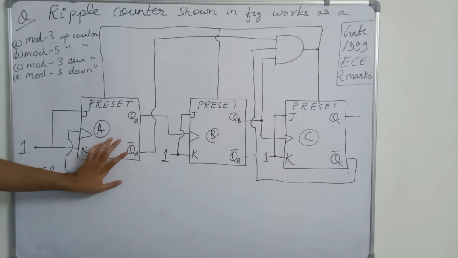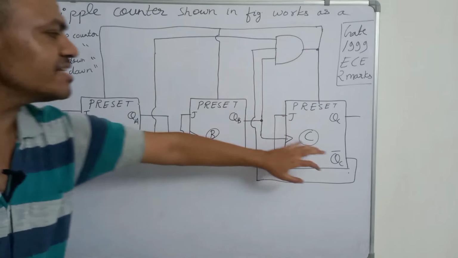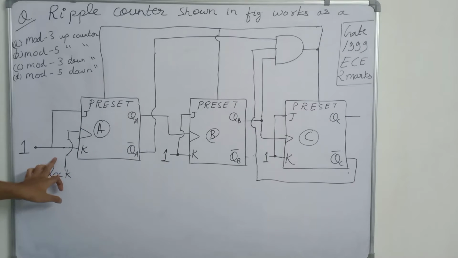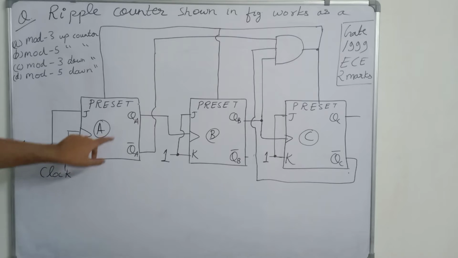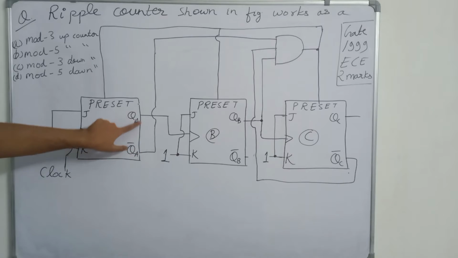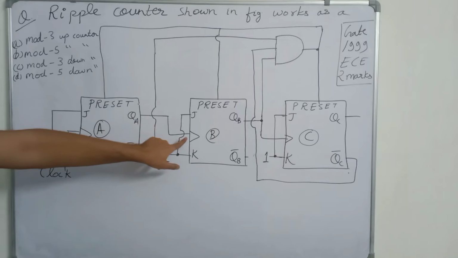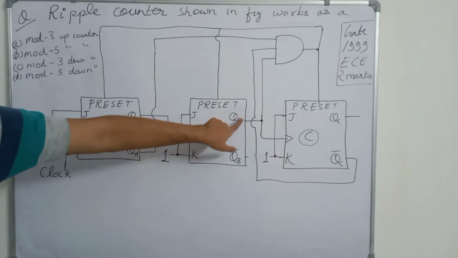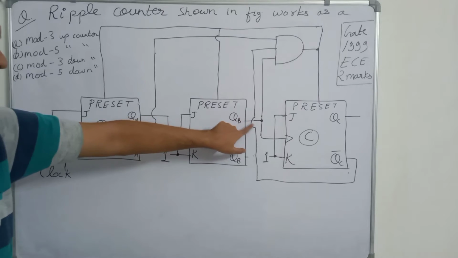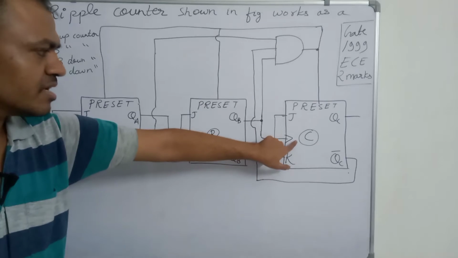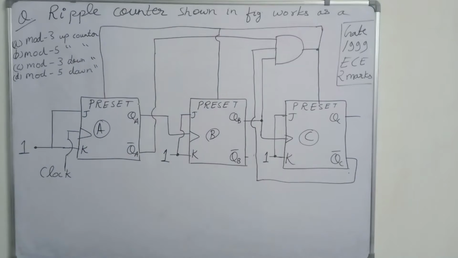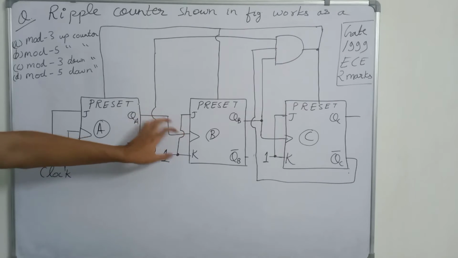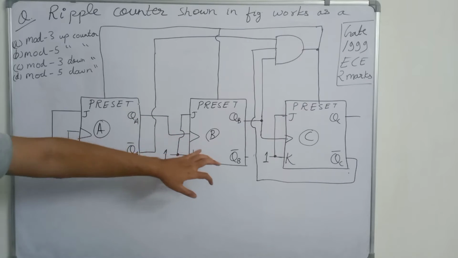one JK flip flop. See, there are 3 JK flip flops A, B, C, but the clock is provided only to one JK flip flop, and the output QA of the first JK flip flop is provided as clock to this JK flip flop, and then QB output of the second flip flop is provided as clock to this third flip flop. So this circuit is a ripple counter because clock is only provided to one flip flop and the outputs of the other flip flops are provided as clock to